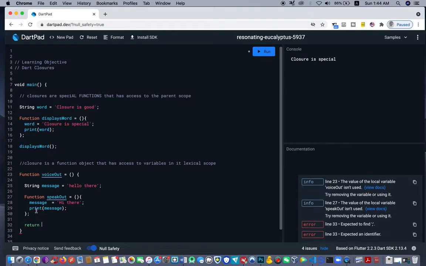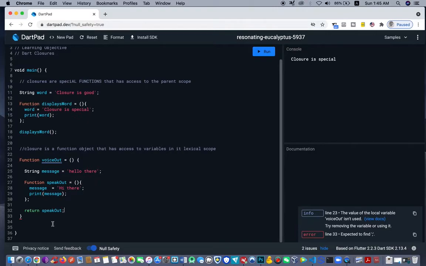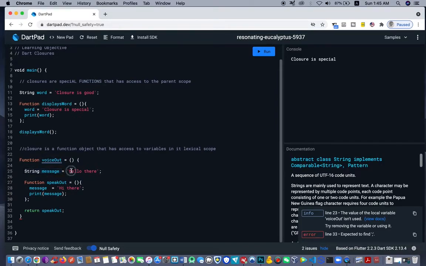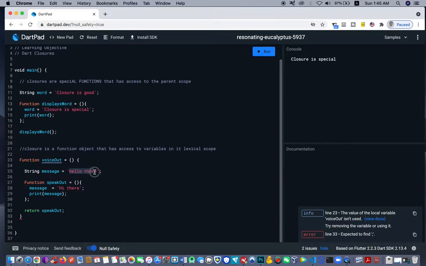Let's return this function, speak out. Okay, then I terminate just like this. All right, so we have this function, voice out. Okay, and then we have this voice out has a string with a variable message, and then this message stores